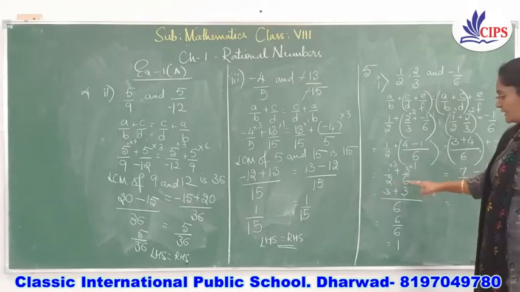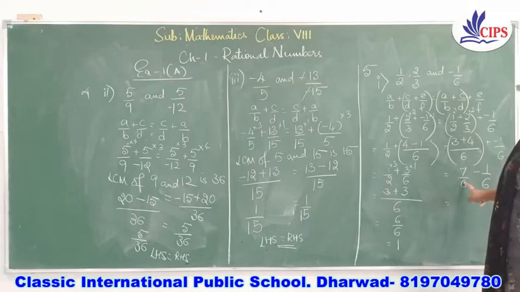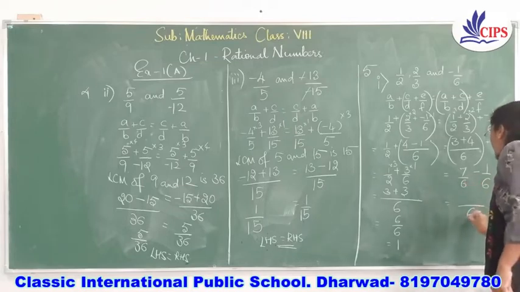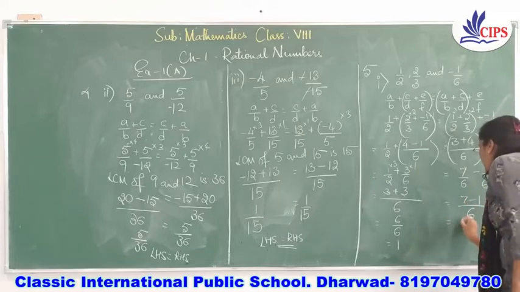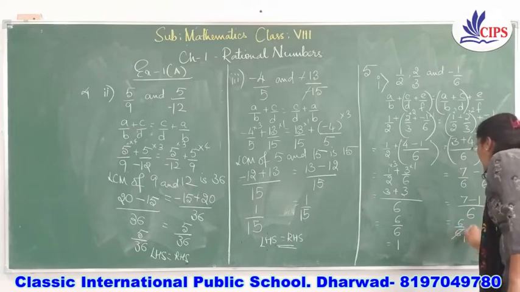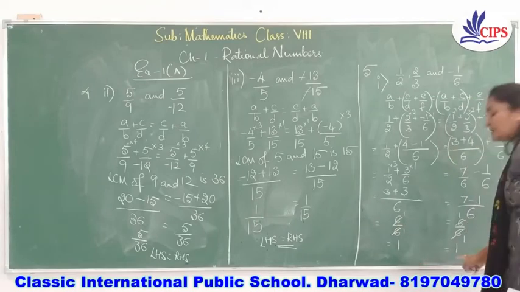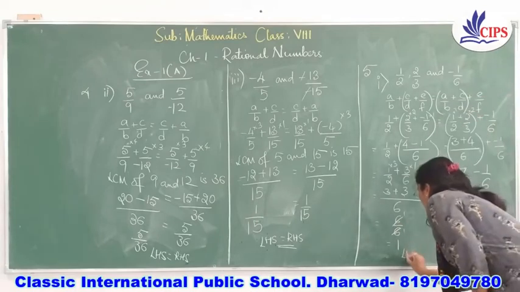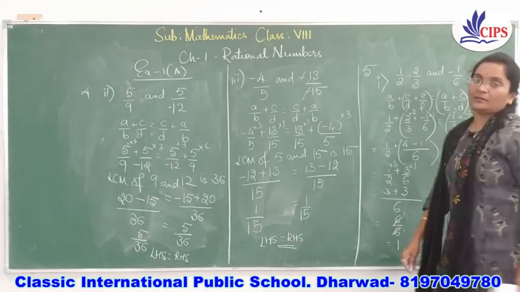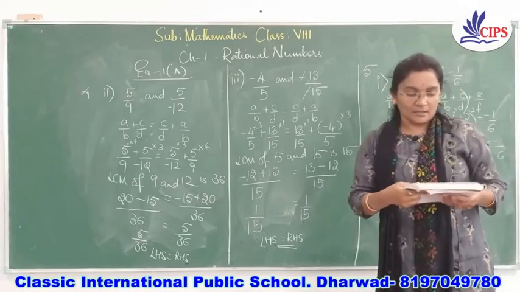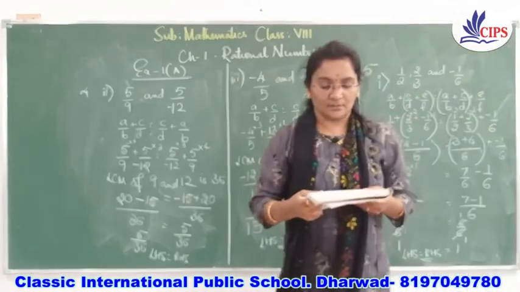Here we had different denominators, we found out the LCM and solved it, but here we have the same denominators, so no need of taking LCM. Keep the denominator same for both, that is 6, and here 7 minus 1. What do we get, 7 minus 1? We get 6/6, that is nothing but 6 ones are 6 ones are. We get 1. Here also you can simplify and write it. So both the sides we have got the same answer. So what will we write? LHS is equal to RHS. Understood? I hope everybody has understood this. It's easy, but you have to concentrate on it. Okay?